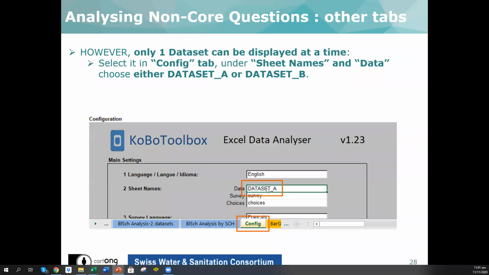And in order to know and to change if needed, you need to go into the config tab. This config tab relates to the bar graph and pie charts tabs. Here under sheet names, data, you have dataset A, meaning that in bar graph and pie charts right now, dataset A is displayed. So you will not see dataset B. If you wish to have dataset B displayed instead, you need to change the A to B, actually. So replace dataset A by the